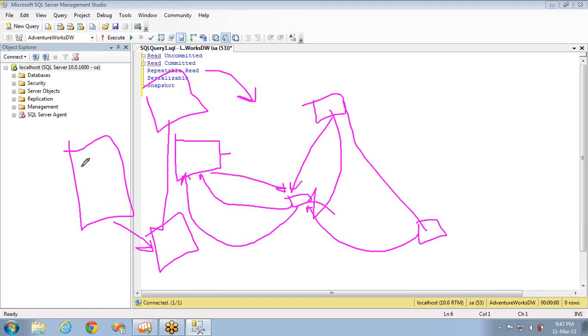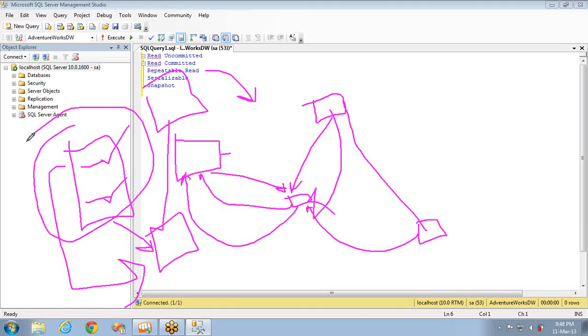So let's say you have a select statement at the start of the transaction and the same select statement at the end of the transaction. It will have the shared lock till the end of the transaction. So the first select statement will read the same data, and the last select statement also will read the same data. It won't give other transactions a chance to modify and commit the data until this shared lock is removed by this transaction. So you can easily say what can be avoided. In a particular transaction, if you read the data again and again, you are not going to get a different result set. You are going to get the same result set.